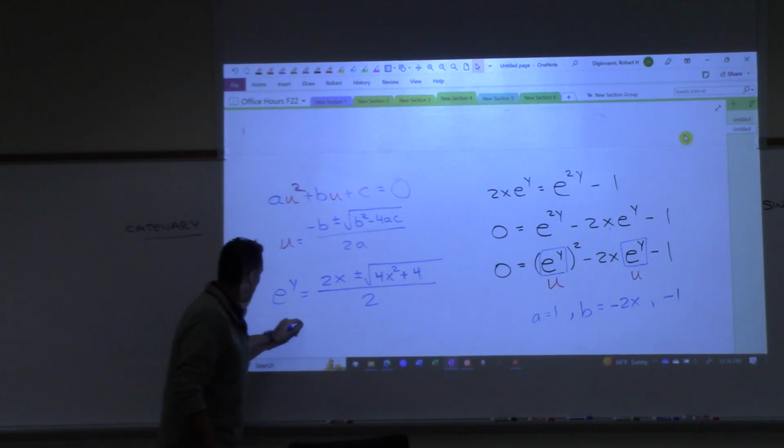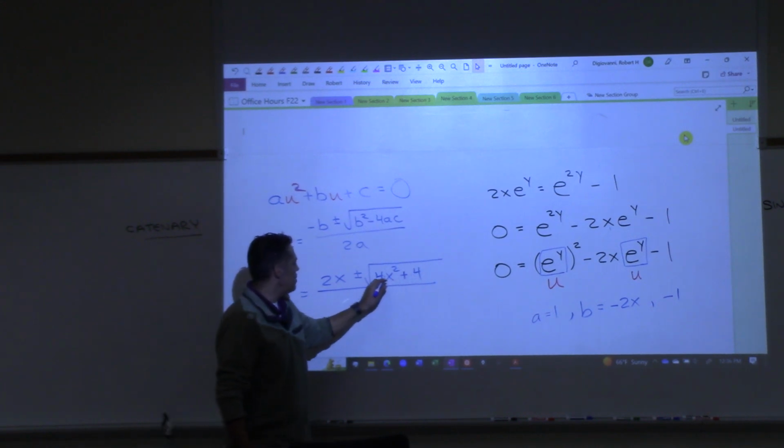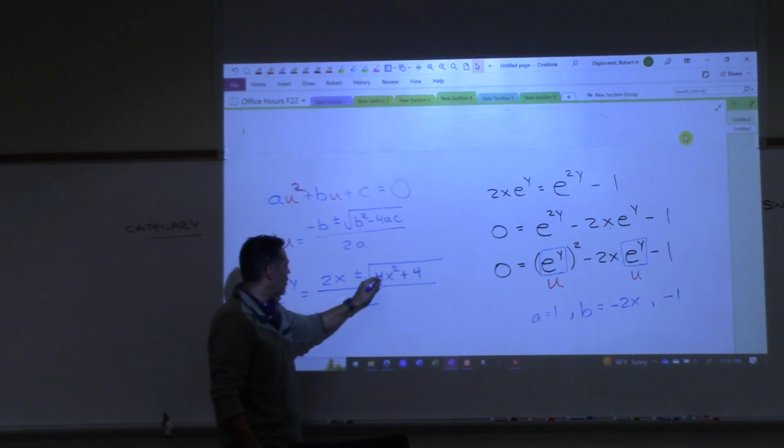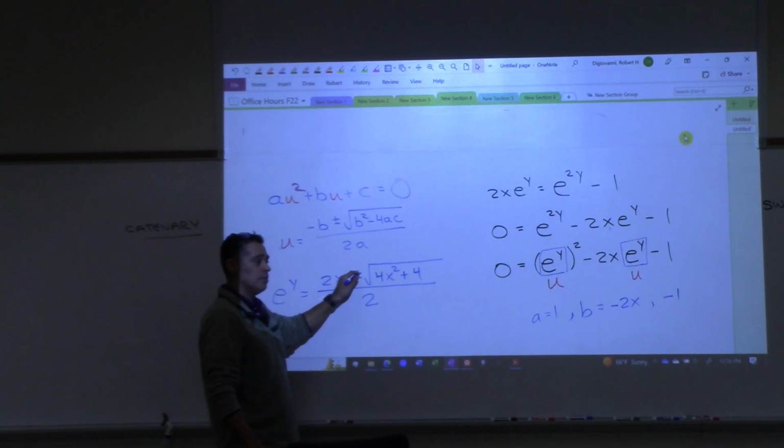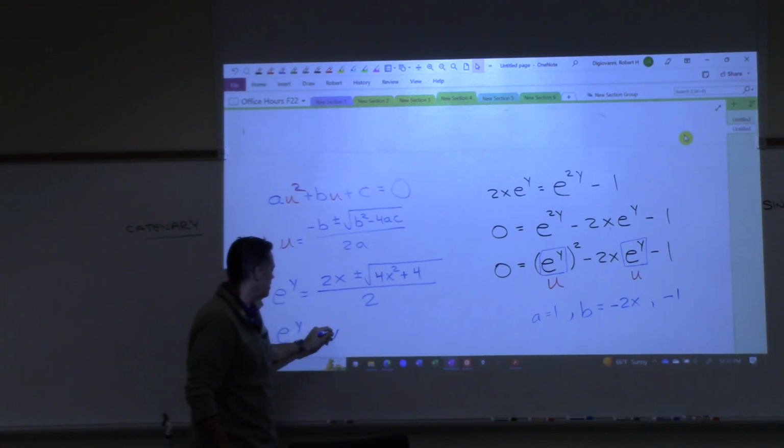All right, e to the y equals, let's just clean this up. Do y'all see that these both have a 4? Pull the 4 out and then bring it out of the root. And it becomes a what outside the root? A 2, and then I have a 2 here, 2 here, and 2 here. So all the 2's go away. So I'm just left with x